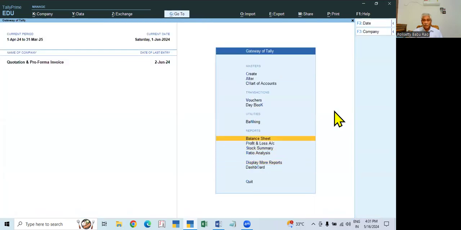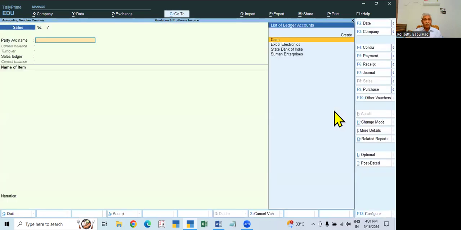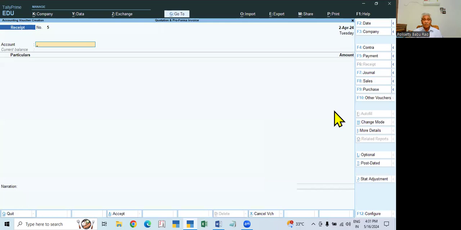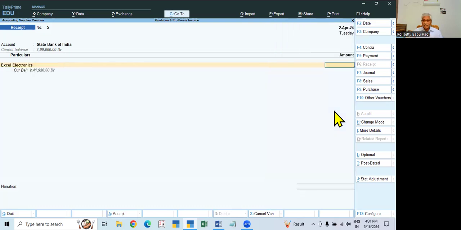So, for example, go to voucher, and second, because third we can take, but education will not take. So on the same day, second, we received the balance. Go to receipt voucher, and we received from Excel Traders through the bank. Bank will pay, but it is issued on behalf of Excel. We are just like, we sold goods to Excel Electronics, just like making the payment. So here, see, in their account, there is a debit balance of 4 lakhs, which they paid in advance. Now, 241 is to be received. Okay, it is in the debit balance. The balance will be paid now. So here, 2 lakh